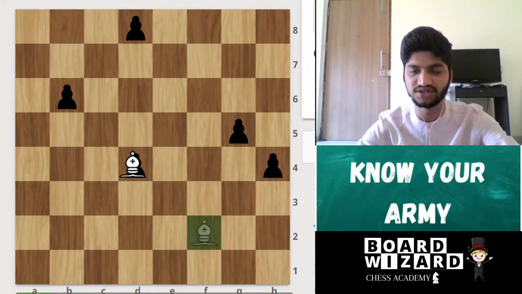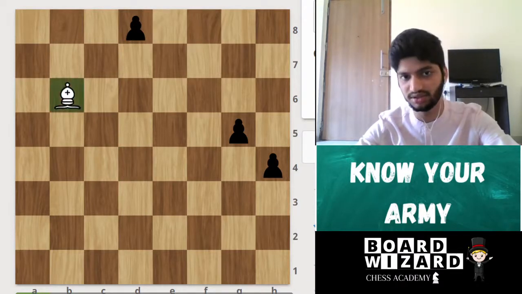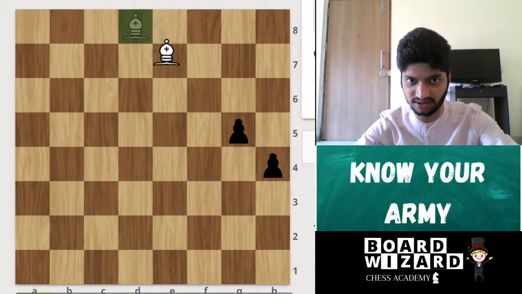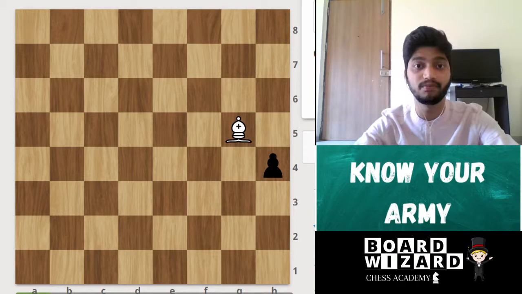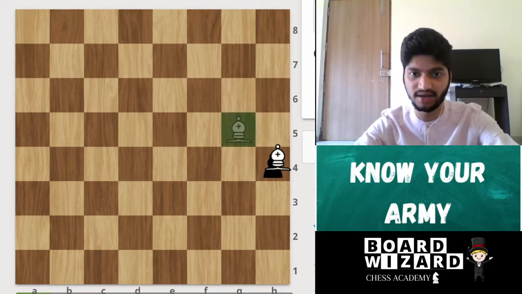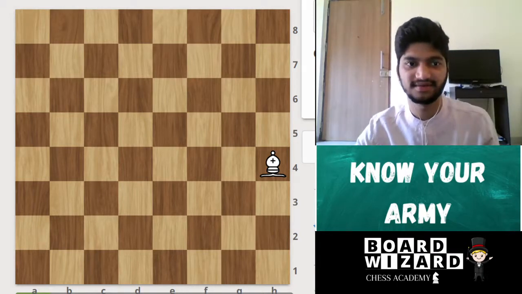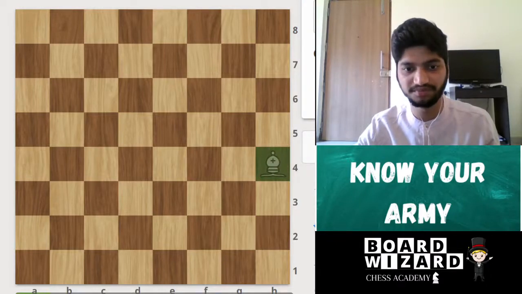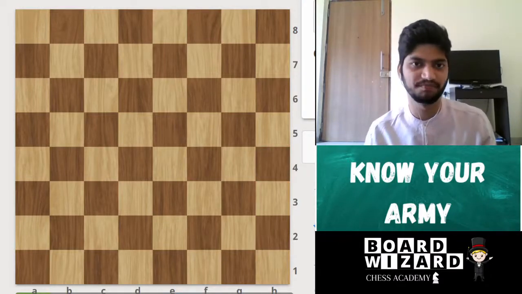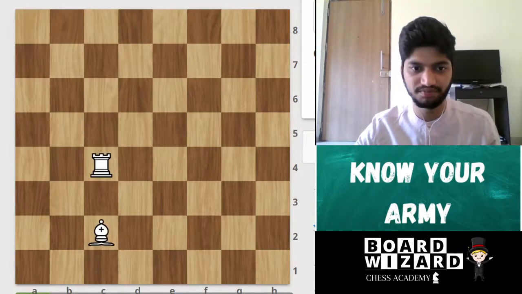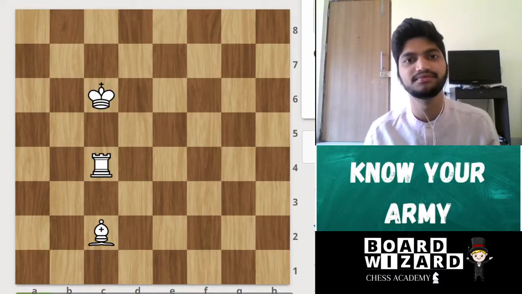So he can just go and kill the pawn. Now he can go kill this pawn, then again he can kill the pawn on d8, he can kill the pawn on g5. See, this is a diagonal. I am moving the bishop in the diagonal, and he can again kill the h4 pawn. Got it? Okay. So let's move on. That's it for the bishop. So we have seen the rook, the bishop, and the king.